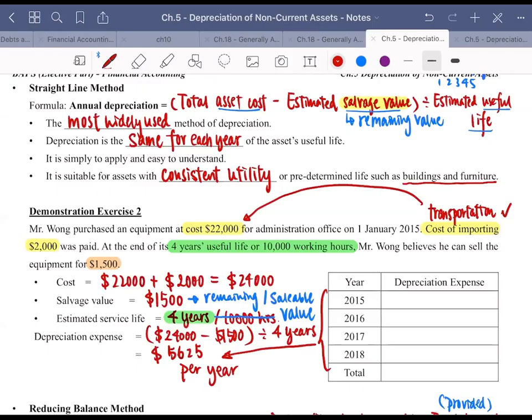We do not need to calculate the 4 years separately, and we could get the total amount as well. And so you can put the total amount in the boxes provided. The 4 years depreciation would be the same by using the straight line method. And so the total amount would be